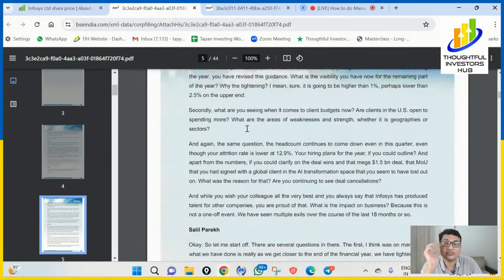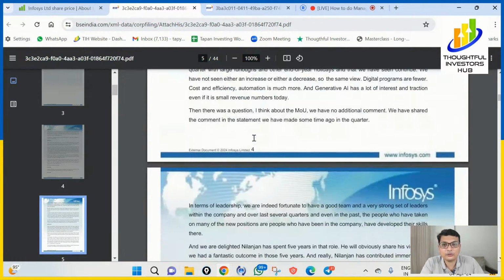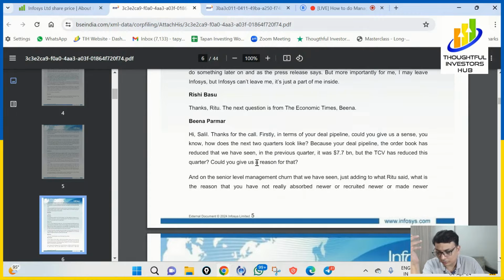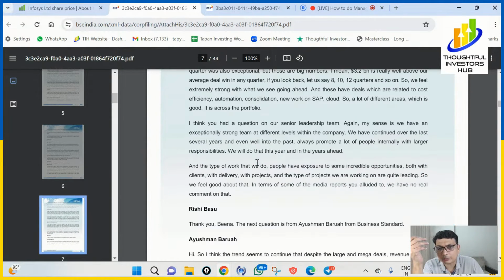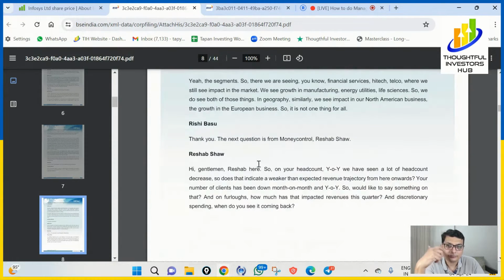Okay, so a conference call is nothing but, every quarter, a call done by the management with the analysts and, you can say, retail investors. When they do a conference call, this is where you're able to understand what they are saying, what questions are asked by the analysts and retail investors, and how they reply to all these analysts. So from here you will also come to know about the guidance and everything.